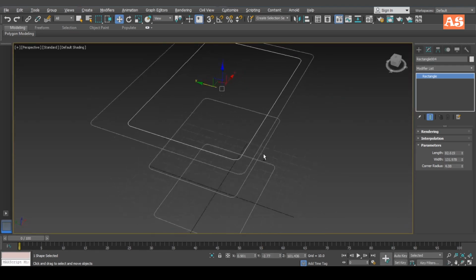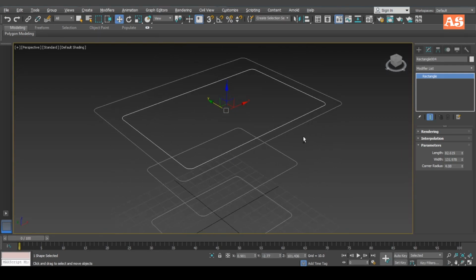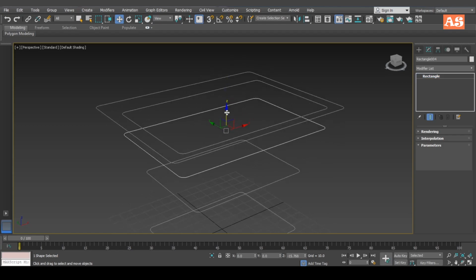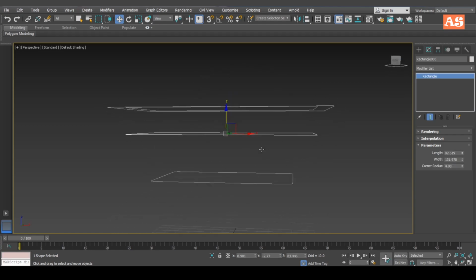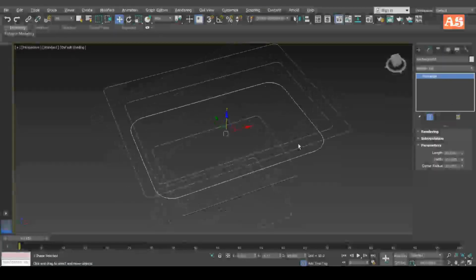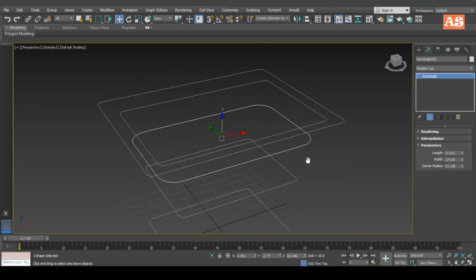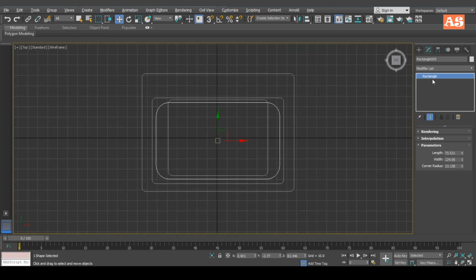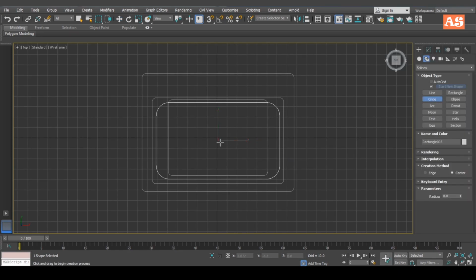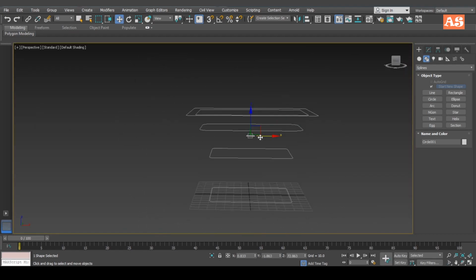Okay, again I am going to need a small rectangle for the inner part of this wash basin. Again Shift and drag, it will create a copy of this one. Now I'm going to adjust the corner radius again, and then also adjust the length and width of this rectangle. And now I'm going to create a circle and place it like here,